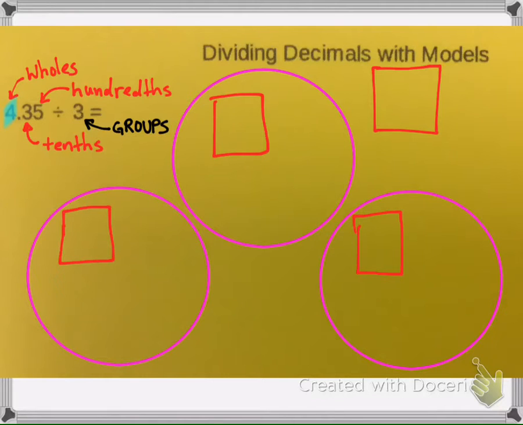Remember, that's one whole. Now we have an extra whole left over, right? But I can't give this whole to just any group and say that they're equal groups. It's not going to be fair to the other groups. So what I need to do is I need to regroup it. So this whole,